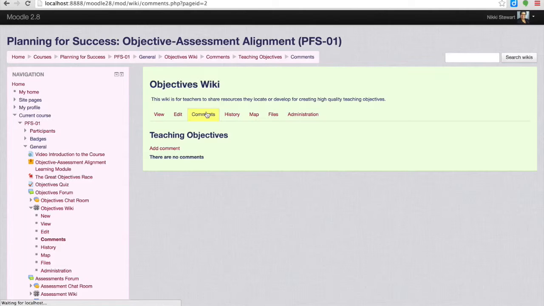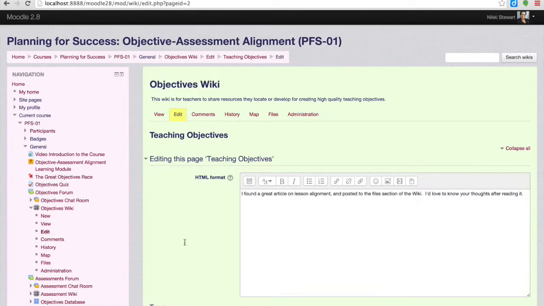Then you can always use the comments space. There are no comments right now, but we could talk about the article in the comments space, or anyone with the ability to edit the wiki can go into edit here and add to this space. The last thing I want to show you is the